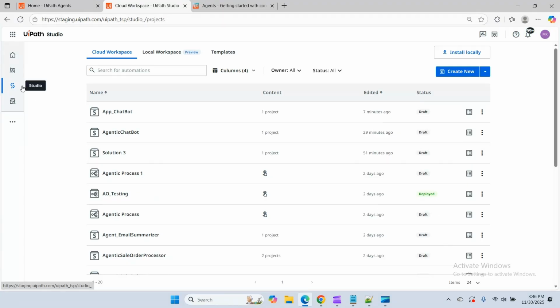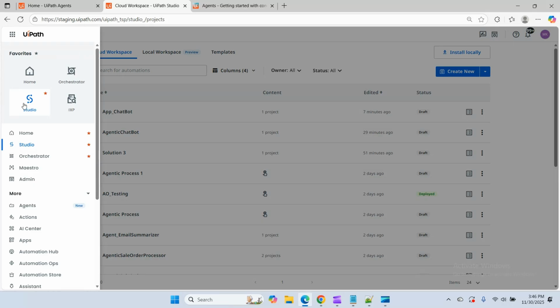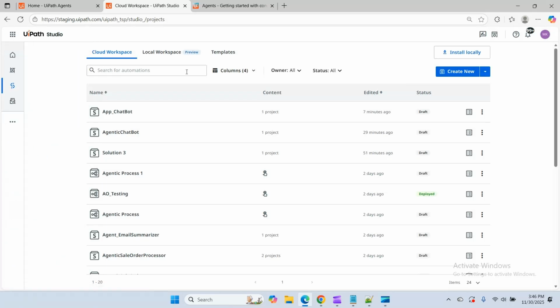Okay, so I'm sure you are familiar with this UiPath page, that is UiPath Studio. If you don't like, you can come to this Orchestrator, or maybe you can click on this Studio page. There you will see all the available solutions you have created. For you, it might be a few, but for me, I have created a couple of POCs and projects here. Whenever you want to start your conversational agent, you can come here